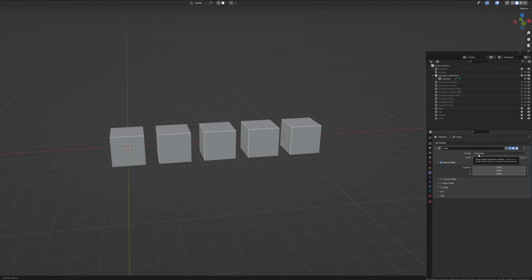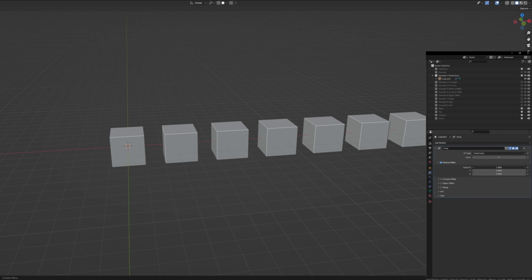Okay, so I just wanted to start off with talking about the fit types, as they all work in conjunction with the offsets that we see on the right hand side. Fixed count is exactly what it sounds like. You set in a number for how many objects you want to duplicate, and all it does is set the factor, as you see at the bottom over here,